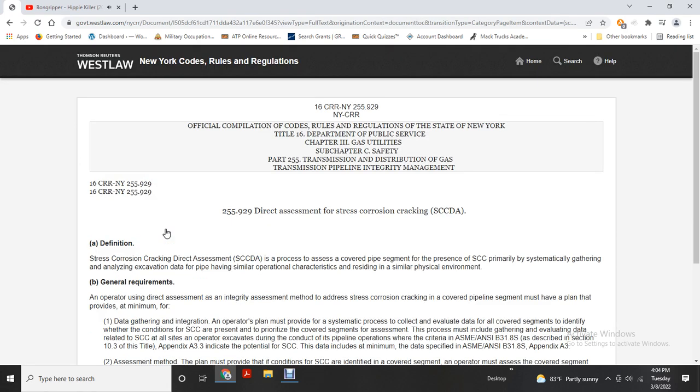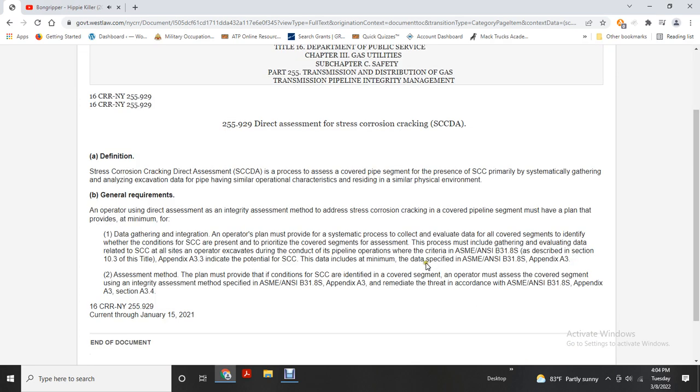All right, direct assessment for stress corrosion cracking. The stress corrosion cracking direct assessment process assesses covered pipe for the presence of stress corrosion cracking, primarily by systematically gathering, analyzing, and excavating data on pipe with similar operating characteristics and similar physical environment. General requirements: an operator using direct assessment as an integrity assessment method to address stress corrosion cracking in a covered pipeline segment